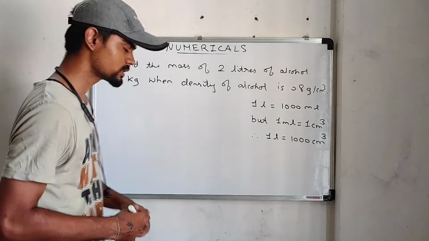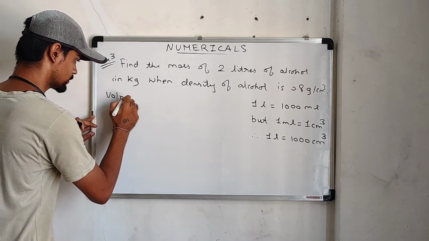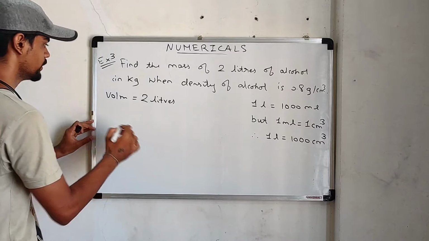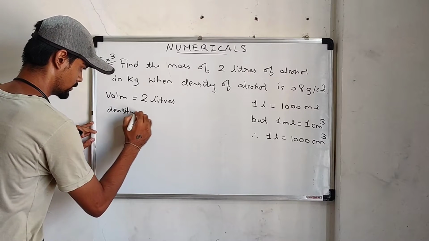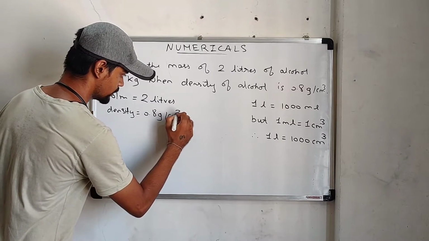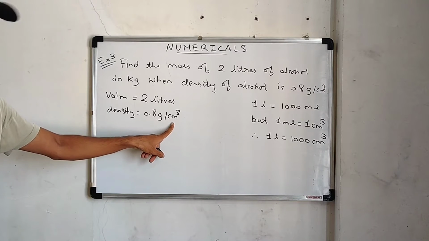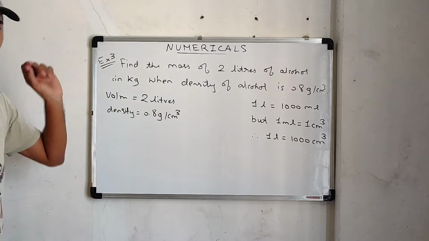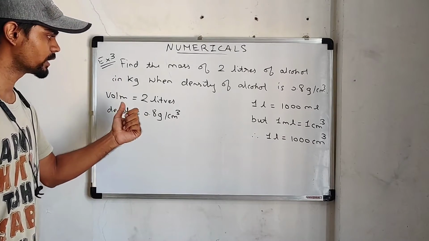cube. So let us first write down the data, that volume is given to us, that is 2 liters, and density is given to us, that is 0.8 gram per centimeter cube. Now here the density we have is in gram per centimeter cube, while the volume we have is in liter. So the first step will be to convert this volume,